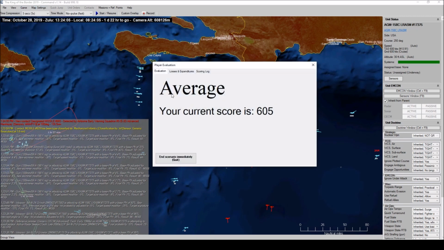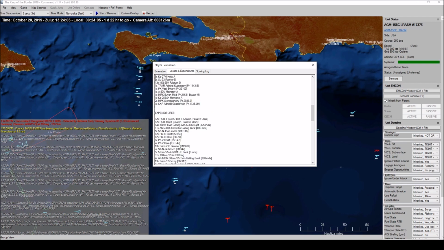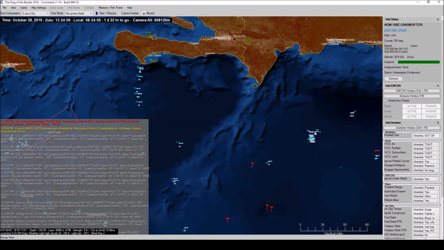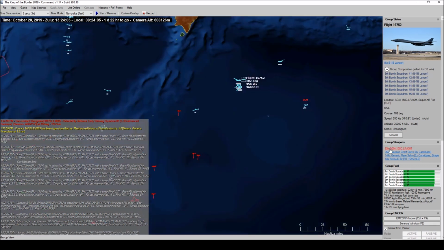So I launched 12 missiles on him at absolutely the worst possible time, because he was about to die. Yeah, there he is, Admiral Kuznetsov. That's unfortunate. I just wasted 12 LRASMs. Got 29 left though,